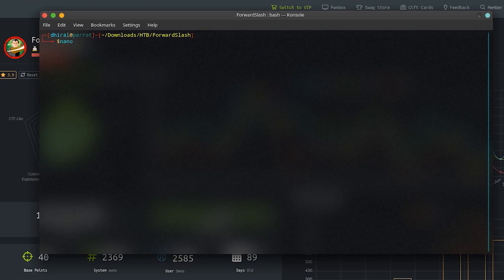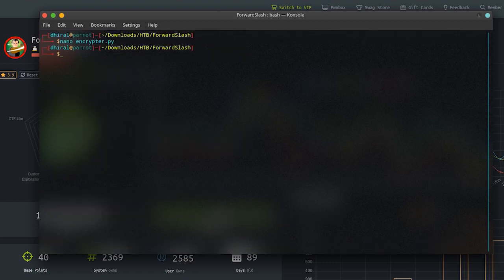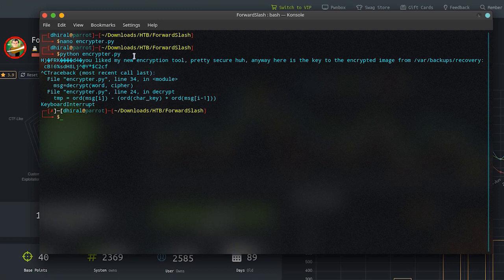Now, after quite a while, I solved it. It was just the spaces between these hard-coded words that I gave it, and without them it would just output each and everything. I don't know why it does that, but with the spaces, now it runs flawlessly. After quite a while, it will give us the decrypted message, and it says that this tool was developed by Paint, and it also gives us the key for an encrypted image in var backups recovery,